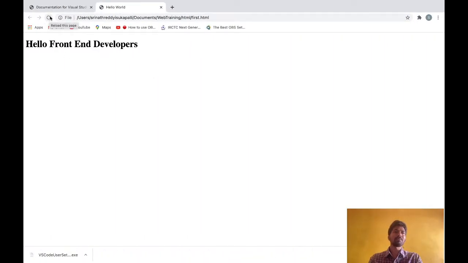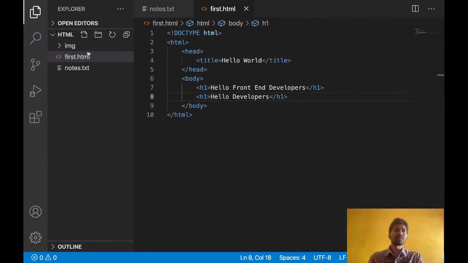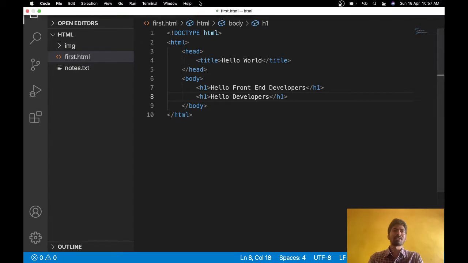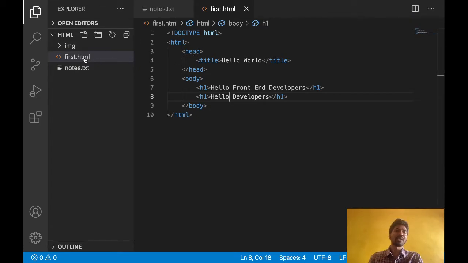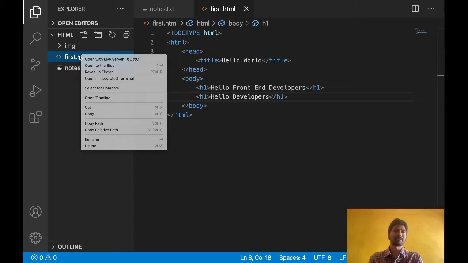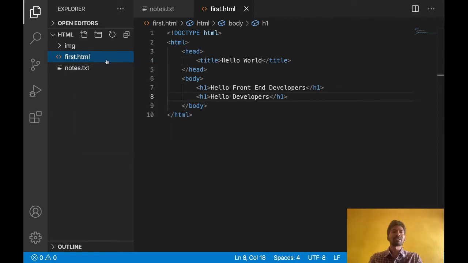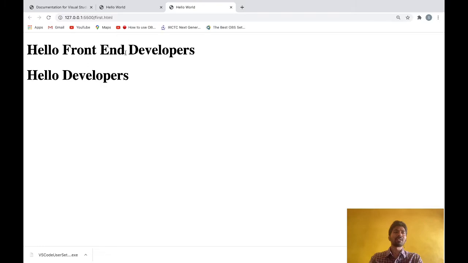So every time, instead of clicking to reload this page, there is one option in Visual Studio Code. You just right click on this file and here, open with live server, the first option you will find here. Click on this one, that will open in the browser.